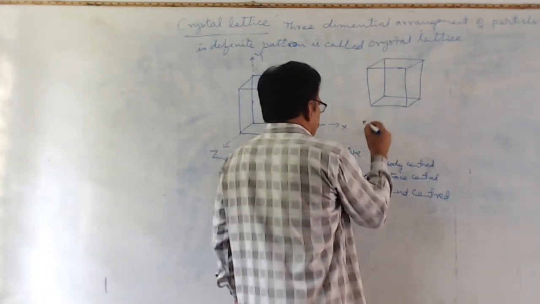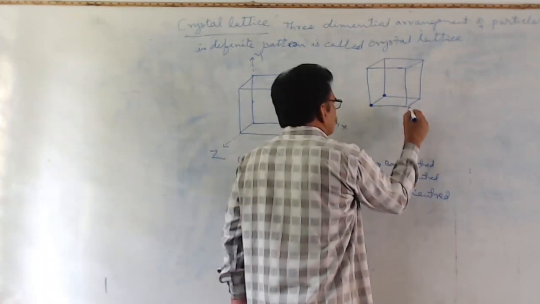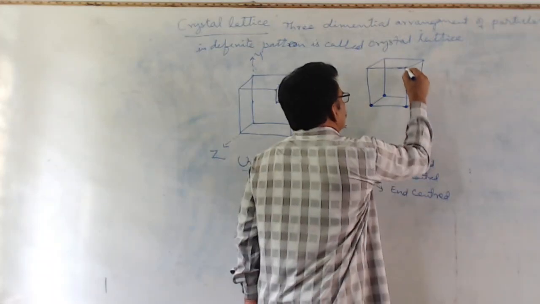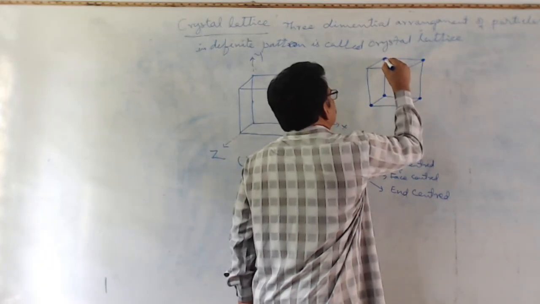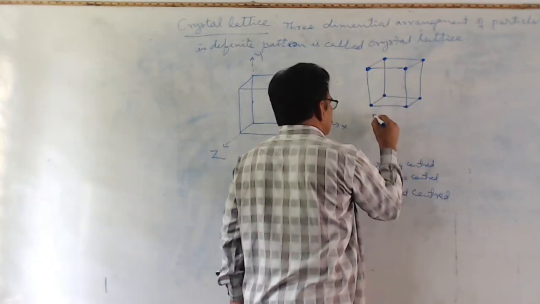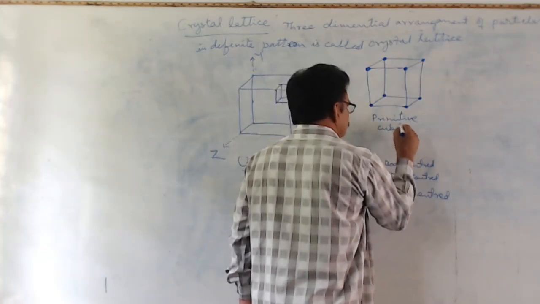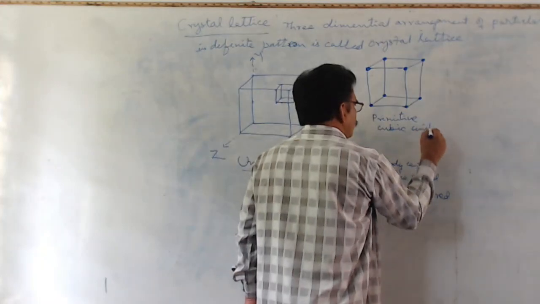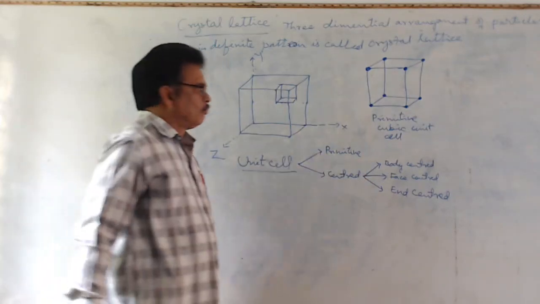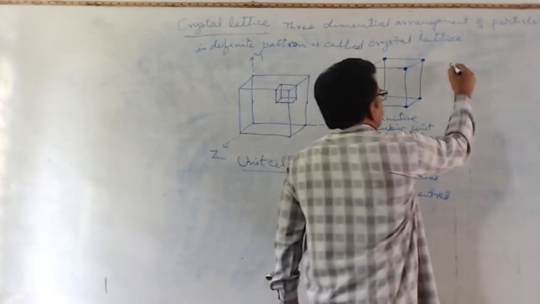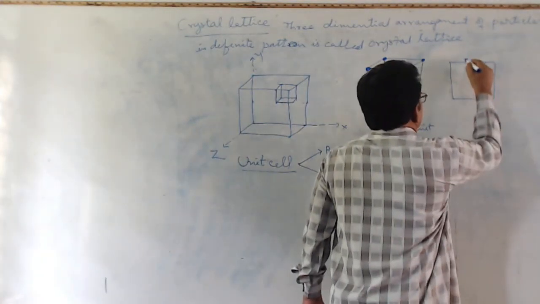If it is a primitive cell, the lattice points are at the corners. In a primitive cubic unit cell, lattice points are at the corners. This is a primitive cubic unit cell. And if we go for body-centered cubic unit cell,